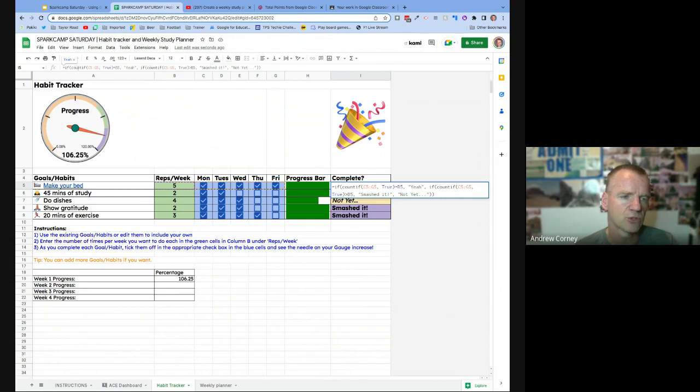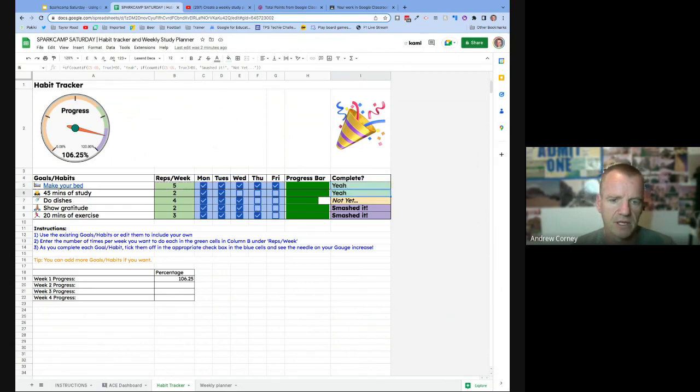And again, sort of a similar way to get that percentage. So it's going to count those cells from C5 to G5, whether they're true. And if they do equal the goal set, so equals B5, it's going to say yeah. If it's greater than B5, it's going to say smashed it. And if it's anything else, it's going to say not yet. So because I've got 3 options, I need to have an if within an if. So it's an embedded